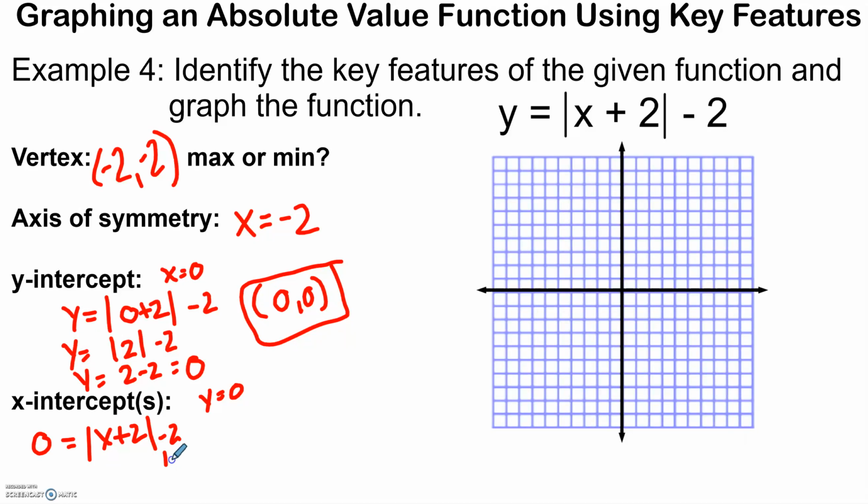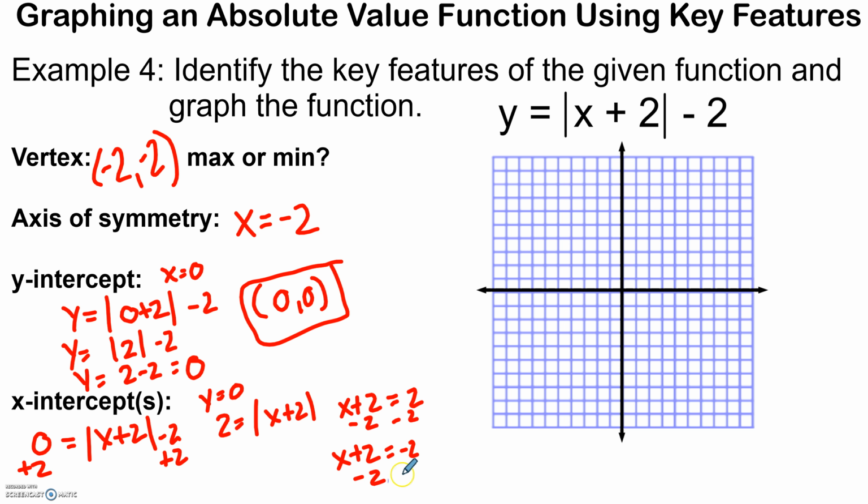So the first thing I do is add 2 to both sides of the equation, and I get 2 equals the absolute value of x plus 2. And then I set up my problem to have x plus 2 equals the positive answer and x plus 2 equals the negative answer. For both of these, I would subtract 2 to solve, and I'm going to get x